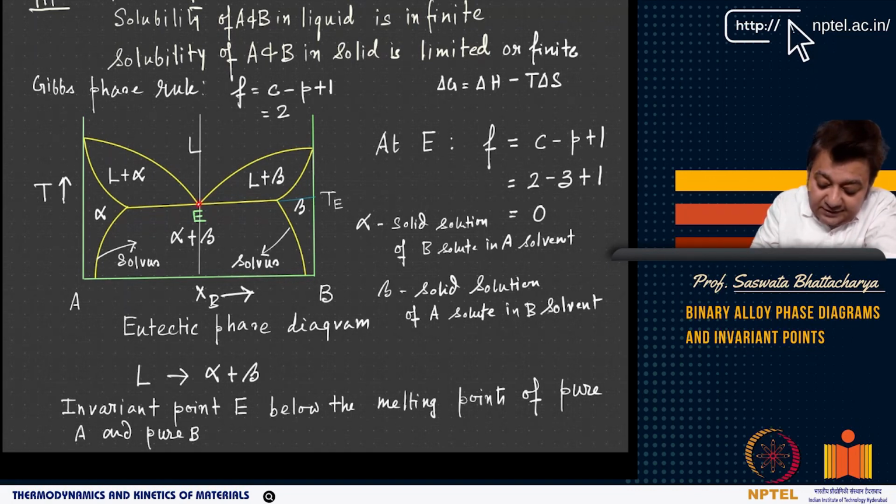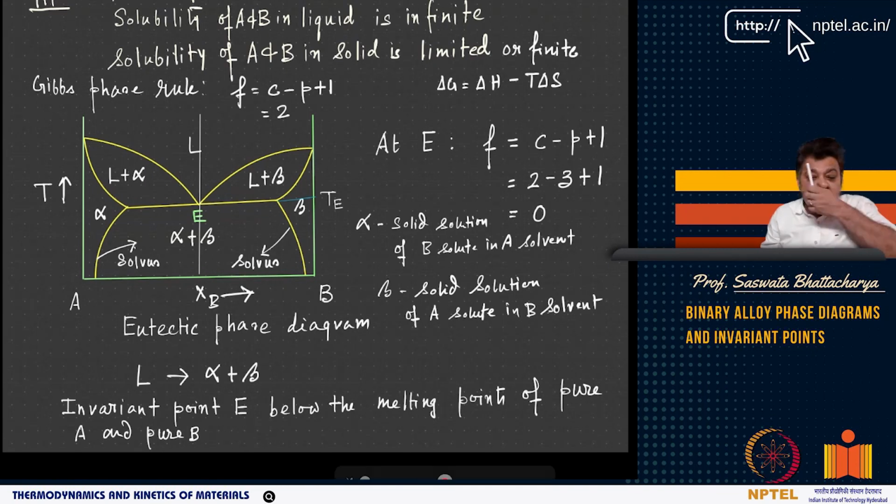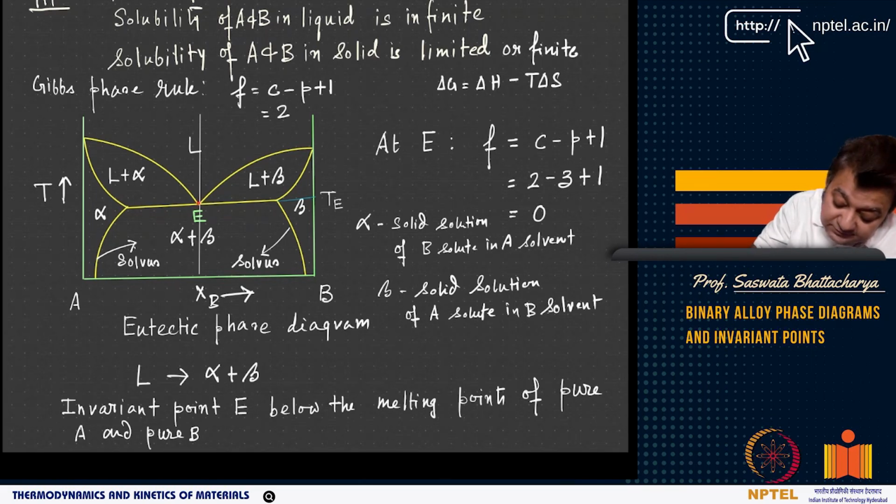So basically if you look at casting of refractory alloys, you do not really want to go to temperatures corresponding to the pure A or pure B melting point, right? But you can now go to temperatures like this eutectic temperature, which is lower than either of the melting temperatures, and at this temperature you can do a casting, right? So if you do a casting, what will happen?